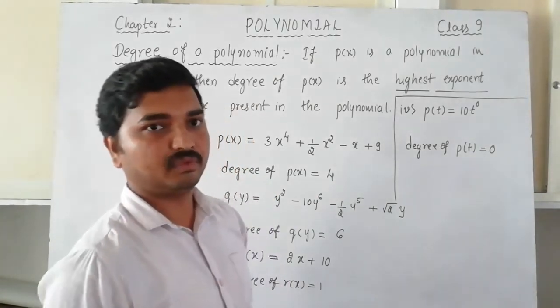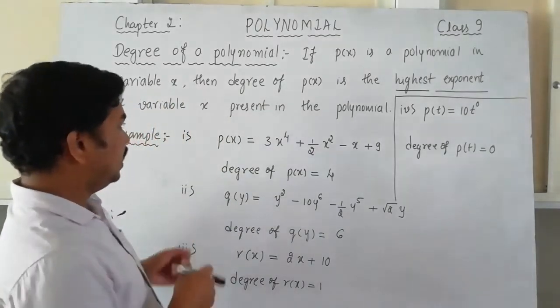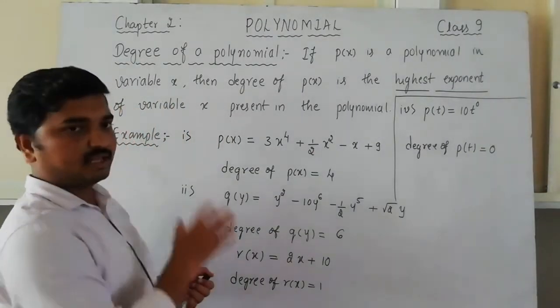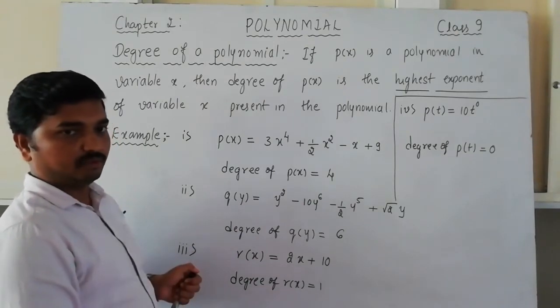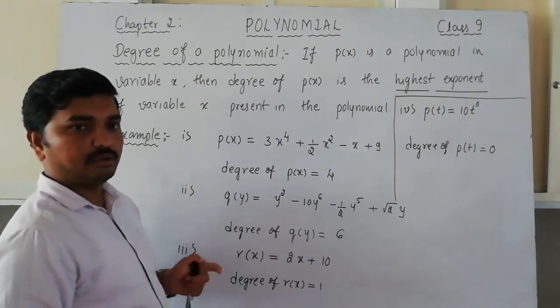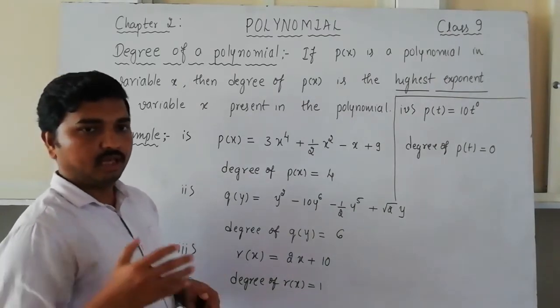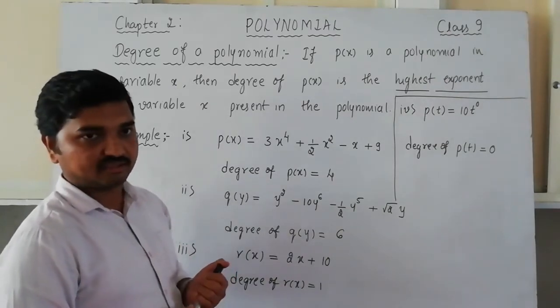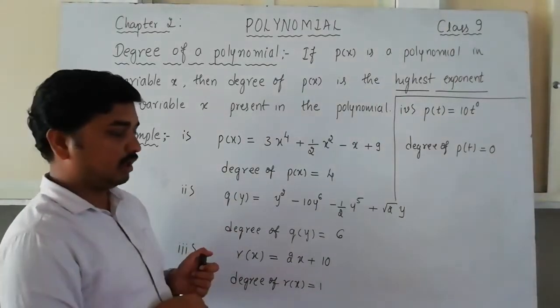Degree is always a whole number. Okay. So now I will move on. I think the definition of degree of a polynomial is very clear for you. It will be helpful because we need to find out the degree of some polynomials in the next upcoming exercise. Are there any doubts in the degree of polynomial?